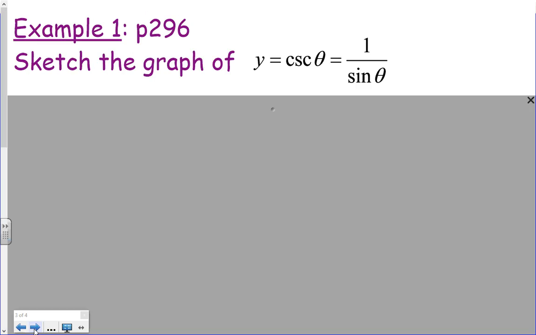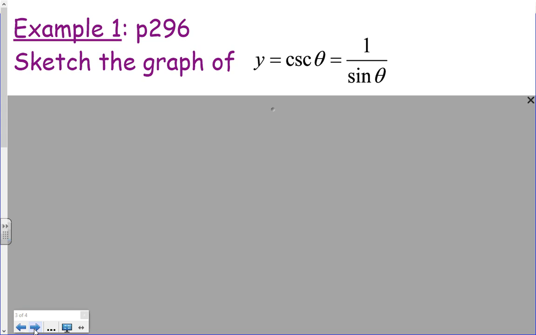All right, so take a look at example 1 there on page 296. We're going to actually come up with the sketch of two of these. And then once you see how to do it for these two, that'll help you see how you do it for the other two. But let's take a look at the sketch of cosecant of theta, is what they want you to do for example number 1. Sketch the graph of cosecant of theta. Well,